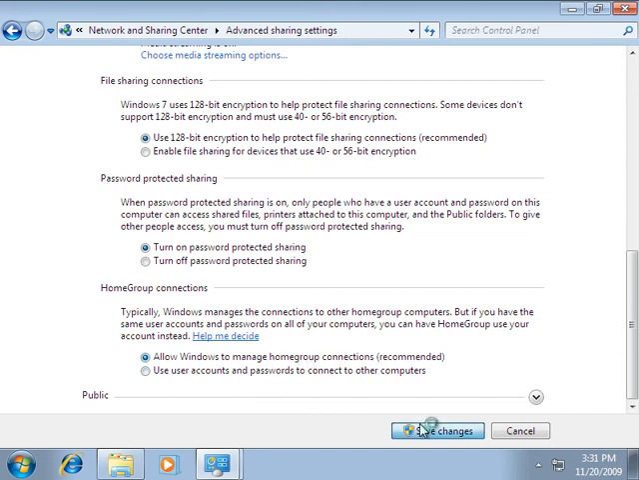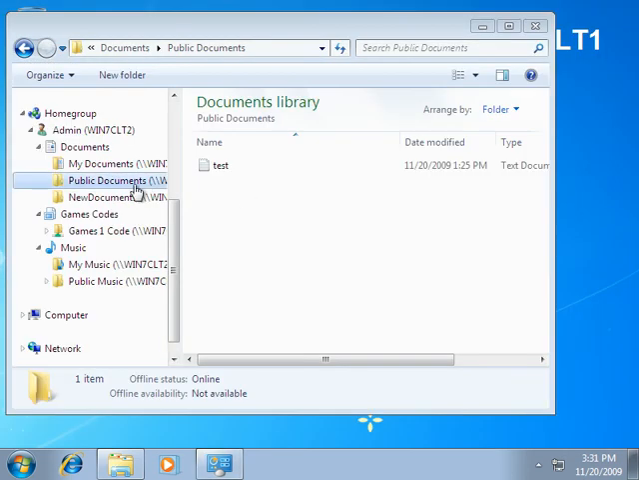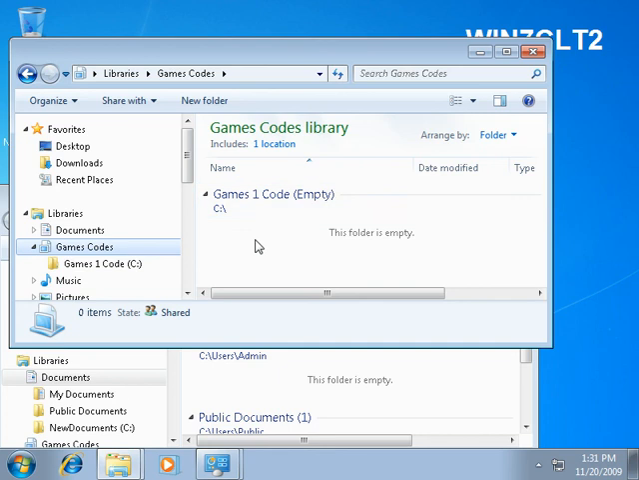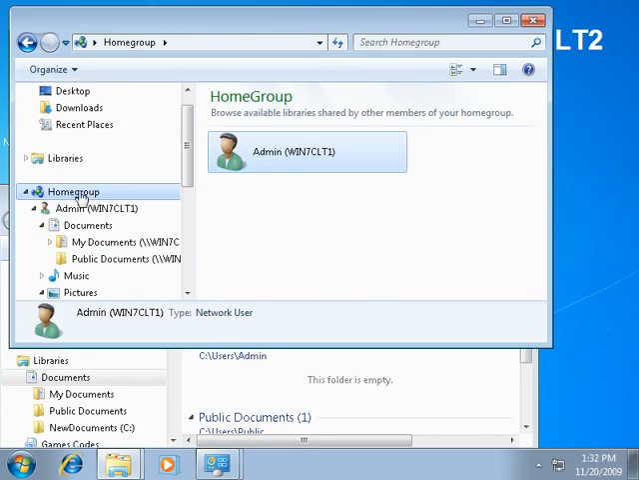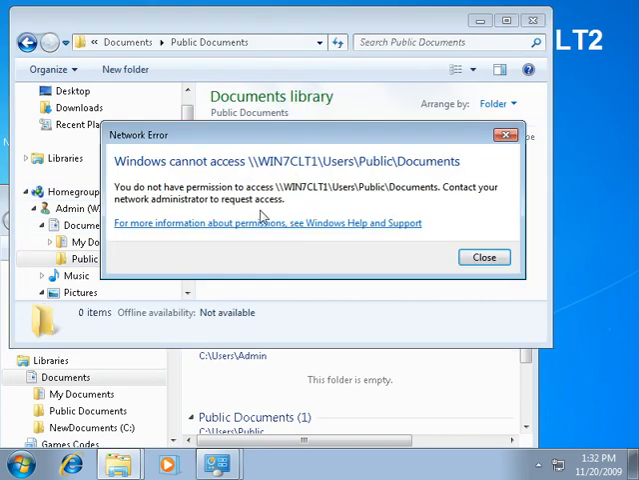I'm going to go ahead and click Save Changes, and I'm going to X this out. Now, if I go to Workstation 2, when I click into Home Groups, click on my admin from the other machine, and click on Public Documents, I don't have access to it because we disabled public folder sharing on Workstation 1. So you can take advantage of home groups to easily share documents, files, folders, music, movies, printers across multiple computers,